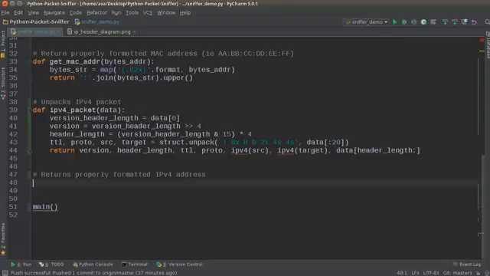I mean, you can't have 456, but it's pretty much three numbers with a dot separator. So define this, and we're going to pass it in the address. Remember, this address is the unformatted address. And now what we're going to do is return